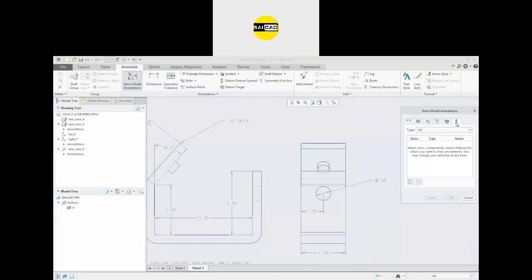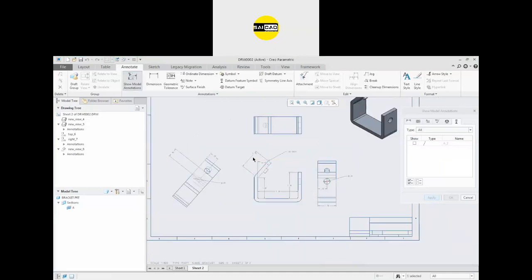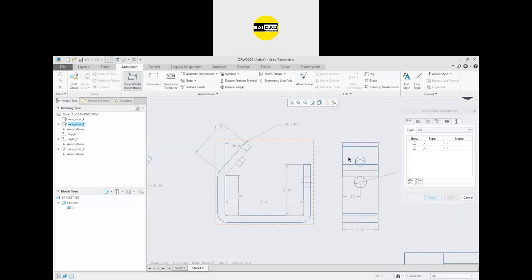Okay. This is the model datum. Datum means the plane or the axis. You can show that. Now select the view or select the circle like this. I have selected the circle. Now you can see we have an axis here, or you can just select the view like that, and you will have the other axis, all the axes that it will do.